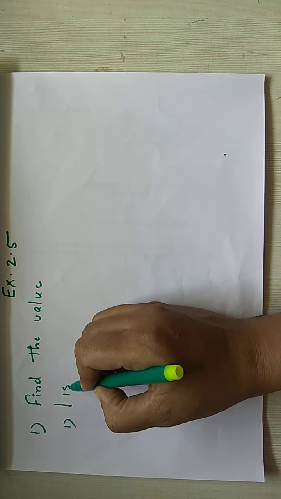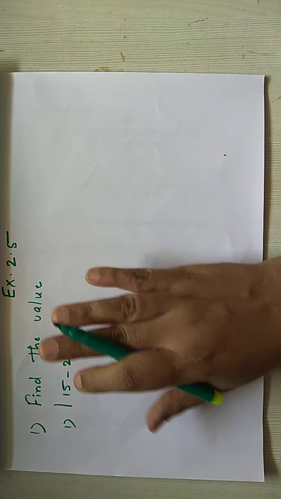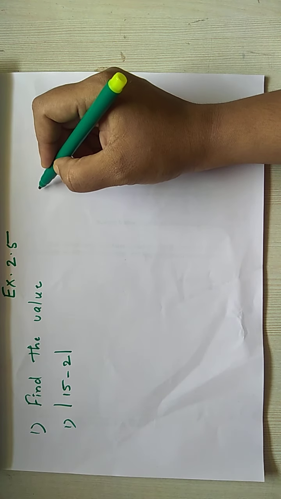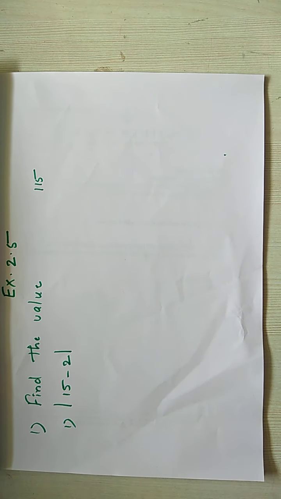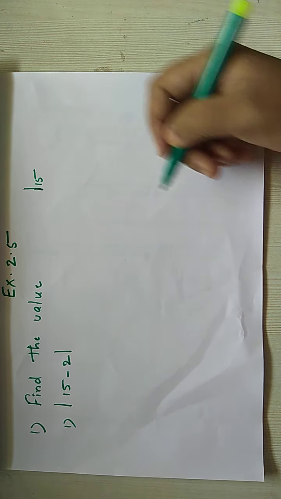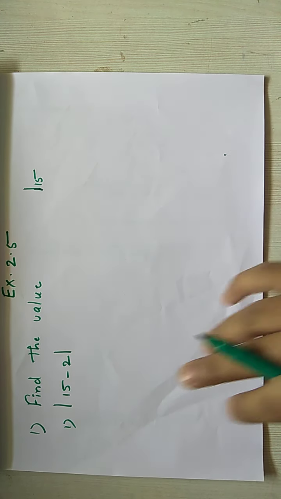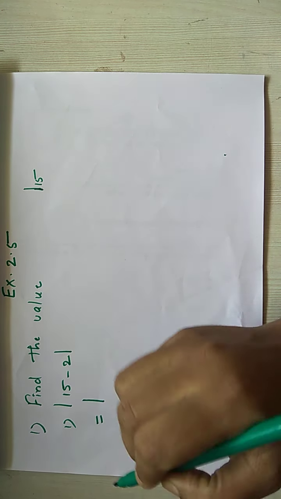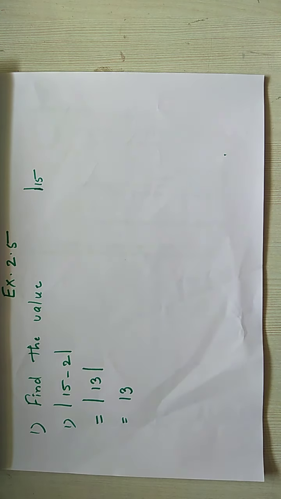First sum is modulus of 15 minus 2. When you draw modulus, children, you need to draw it quite long. For example, if I am writing modulus of 15, some children write it so that the 1 and the modulus sign look the same. So when you write 1, see that the modulus looks a little taller than 1. The examiner or the teacher should easily make out it's a modulus sign. So modulus of 15 minus 2, let's solve this. Inside we have 15 minus 2. 15 minus 2 answer is 13. So modulus of 13 is 13.